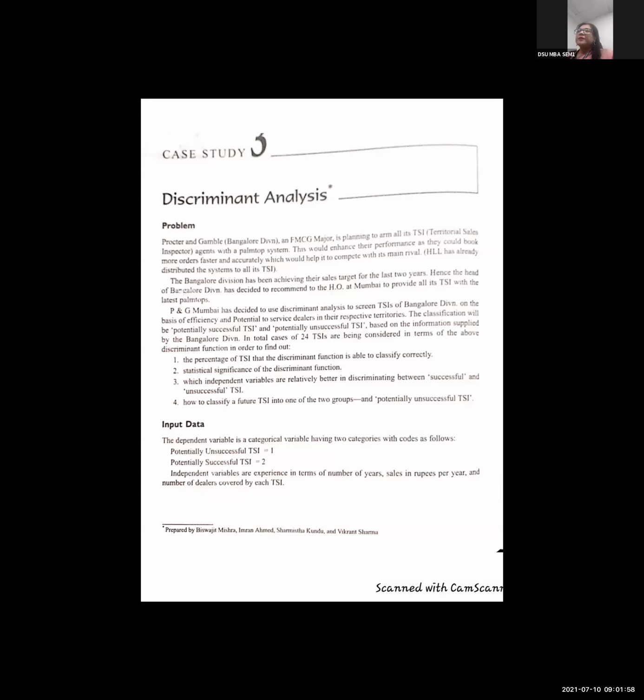It is a solved case study. The only reason the problem is given is so you will understand what type of variables are used and in which situation you can use it. Sample data is also there. So you get a basic idea if you want to try it out in SPSS, any trial version, later also, even if you don't have a system at home right now while you are away from the campus.